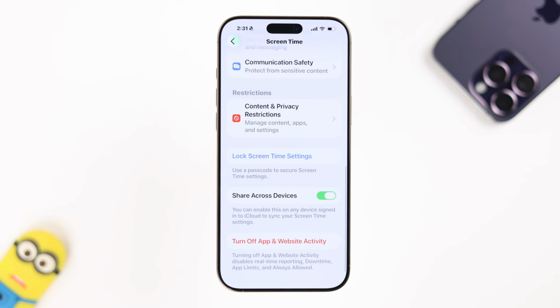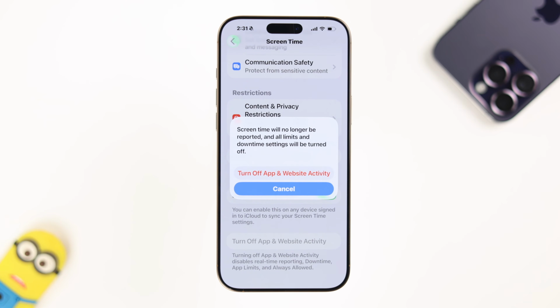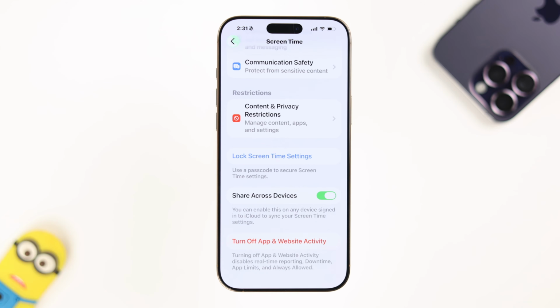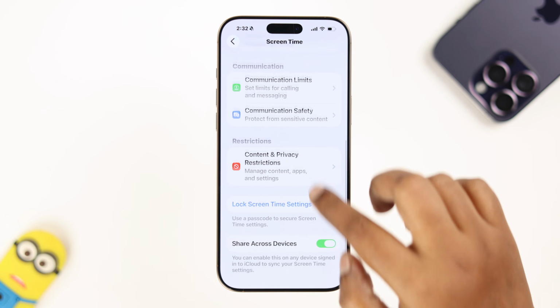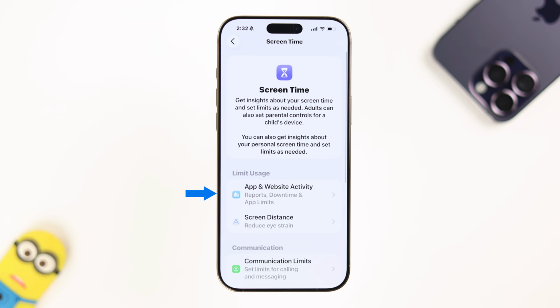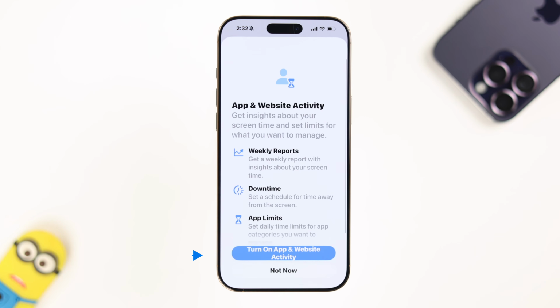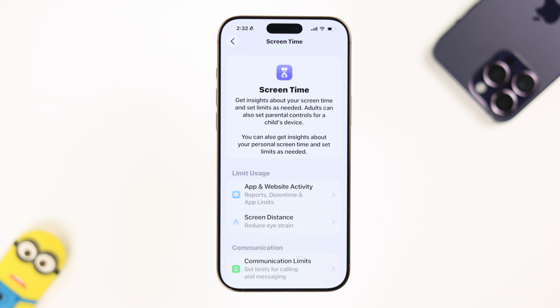Now first, we recommend you scroll down and tap on turn off app and website activity. And from this pop-up, confirm your choice. We're going to just reset these settings, okay? And after that, scroll up in this section and enter app and website activity, turn on app and website activity,